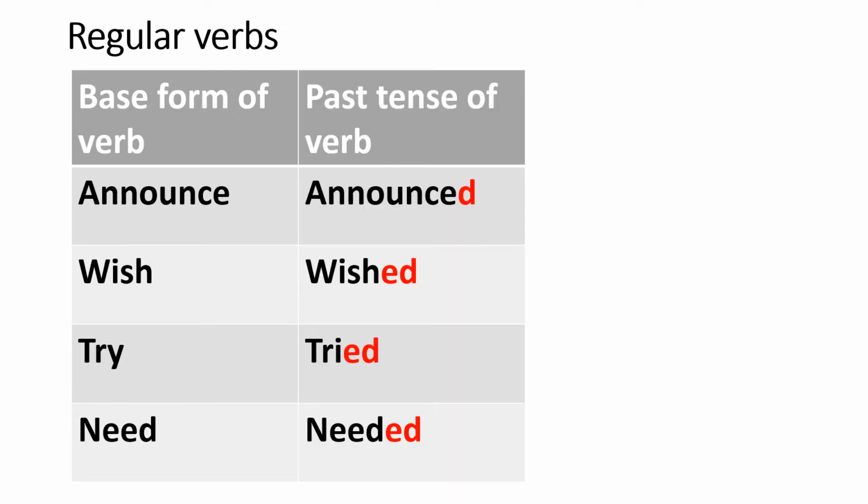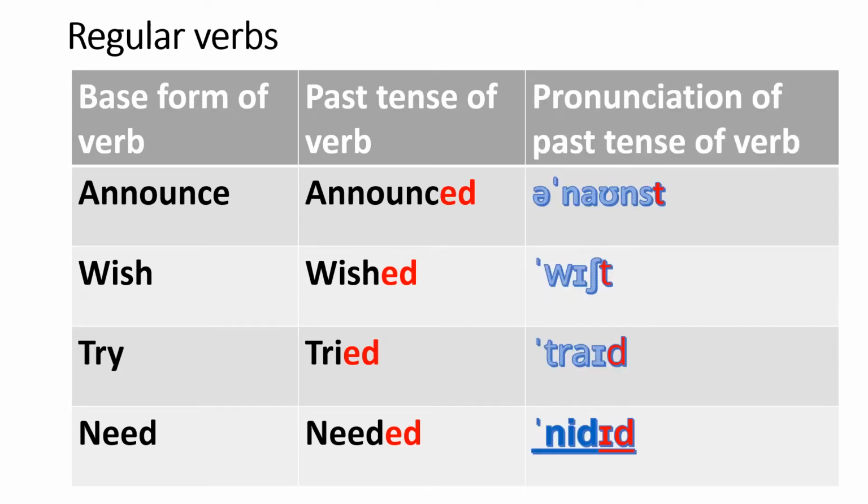So we add d at the end of the verb announce to make its past tense form, ed at the end of wish. In try, we replace y with ied, and we add ed at the end of the verb need. So if you look carefully, after doing all these different additions, at the end of the past tense of all these verbs, we have ed,